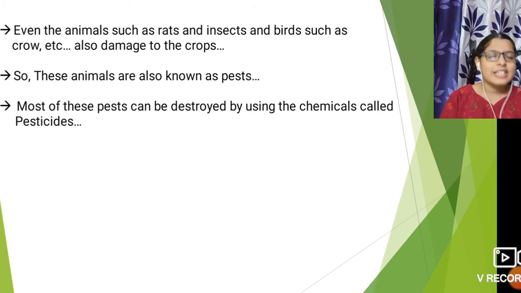So these pests, or the animals, can be destroyed by using chemicals. Before, I discussed metachlor and dalapon, but I'm sorry, those are not the chemicals I mean. The other chemicals, which I haven't discussed yet, are used to destroy these, and these chemicals are known as pesticides.